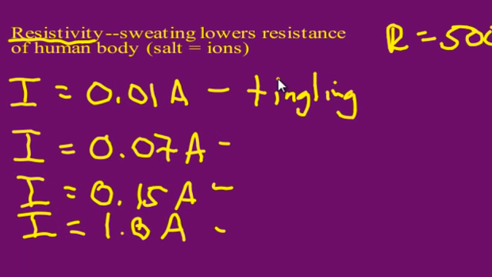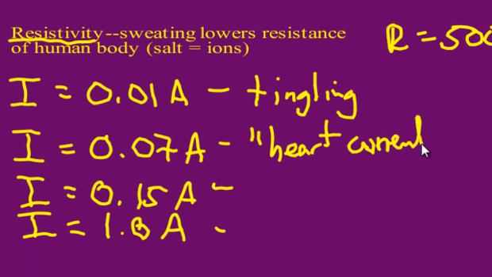70 milliamps. Now you're getting to what I'm going to call the heart current level, the level of current that your body uses to regulate its various systems. So that's going to start to get into the danger zone. Twice that can be fatal, so 150 milliamps can be fatal. And obviously if 150 milliamps can be fatal, 10 times that, or not quite 10 times, 1 amp,